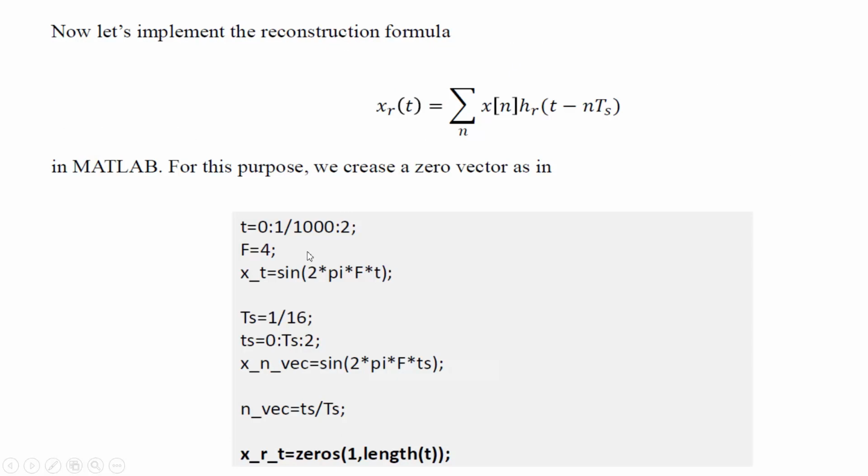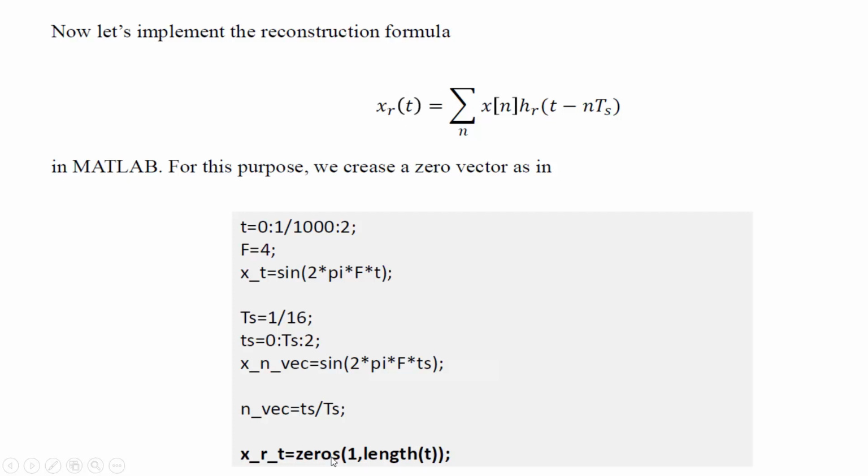This is the same step where we create the time vector for the continuous time signal. f is equal to 4. We generate the continuous signal, and we create this time vector with the sampling period as the step size, and we generate the digital signal here. We calculate the value of the index n, and we define this xrt, which is the reconstructed signal.